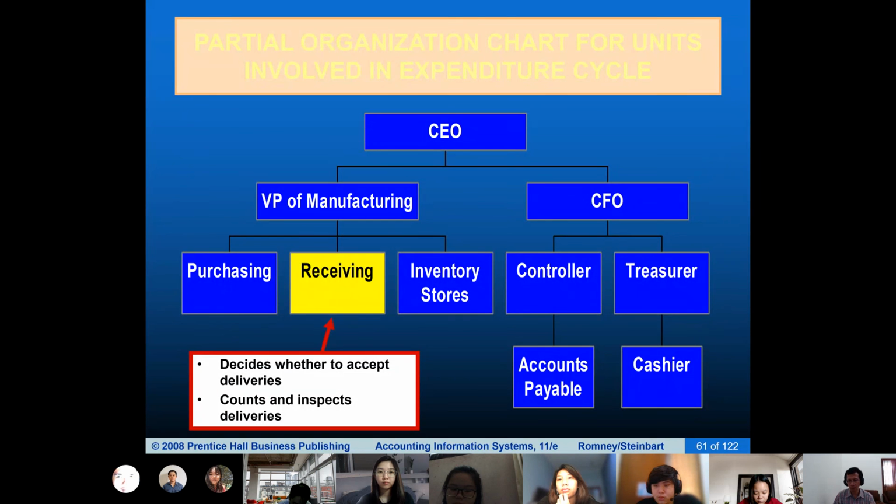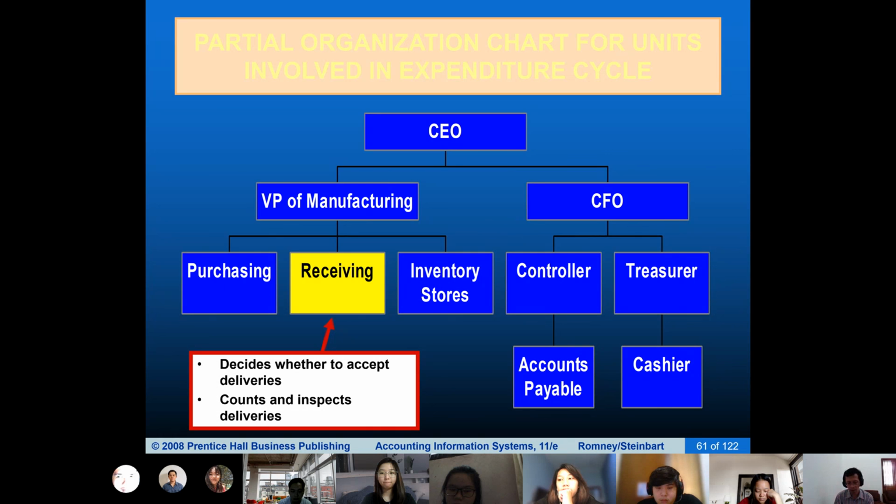So this is the organizational structure of all the parties involved in the expenditure cycle. The purchasing agent is the one who creates the purchase order, which goes to the supplier. The supplier will send the product, and it will be received and checked by the receiving department. The receiving department will create a receiving report, and then the product itself will be stored by inventory or warehouse. Once the receiving report is finished, then the supplier could send the invoice to accounts payable. Accounts payable will check with the purchasing department.